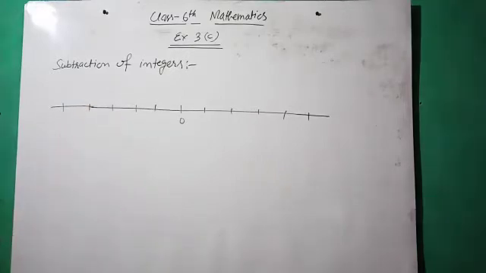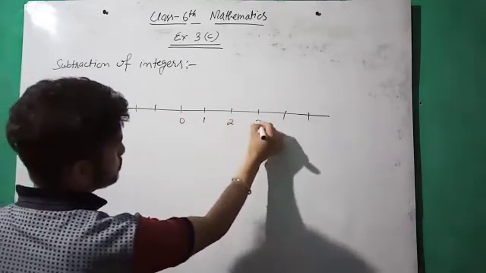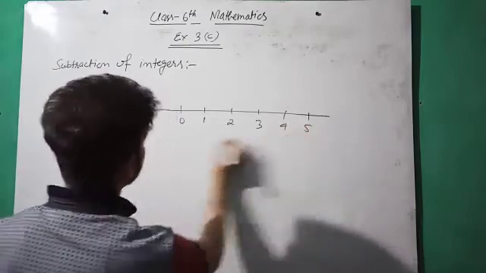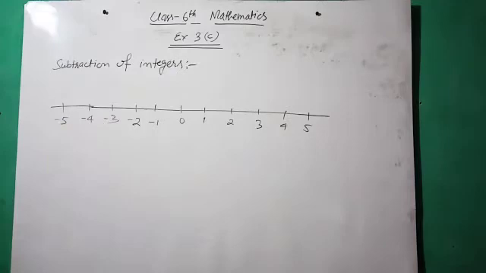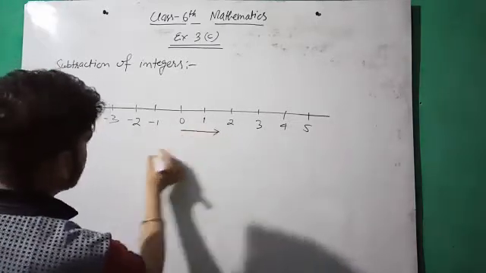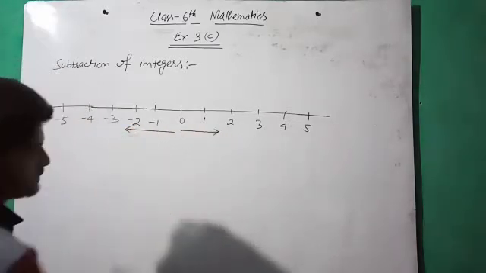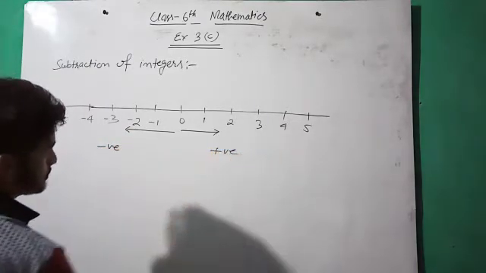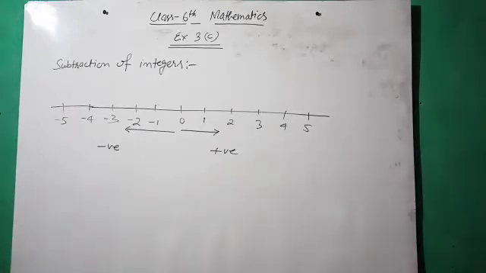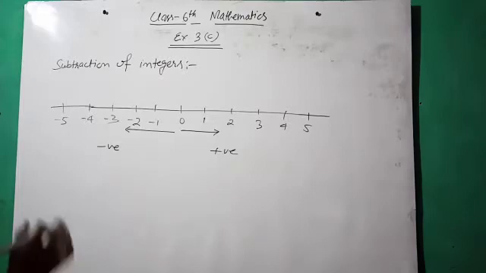Okay, we already know about the number line in the form of this 1 2 3 4 5. Either we can say it as the steps we have to move from right or left to the 0. So the number of steps counted right are positive and in the left are counted as negative integers. These all are negative integers and these all are positive integers. So we have to deal with all these numbers with some examples. I will take some examples.